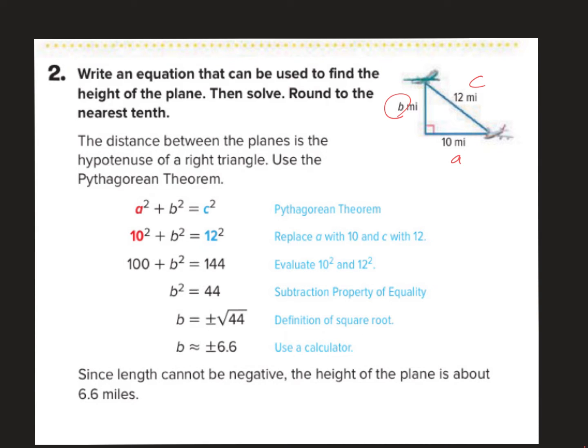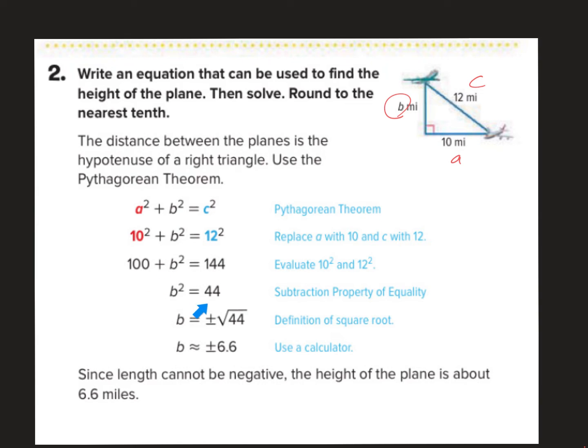So once again, all we do, we set up our base equation, a squared plus b squared equals c squared. I know a is 10 miles, so we take 10 squared. We don't know b, so we just put in b squared. And we know c, the hypotenuse, is 12, so we put in 12 squared for c squared. Again, we work through the math. 10 squared is 100. Bring down the b squared, and then 12 squared is 144. Leaves us with b squared